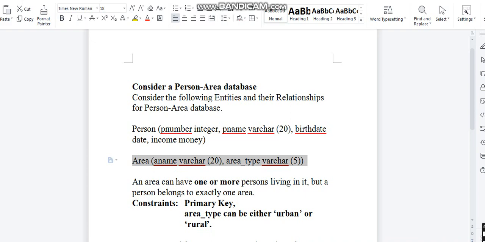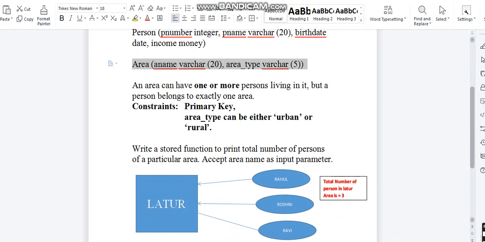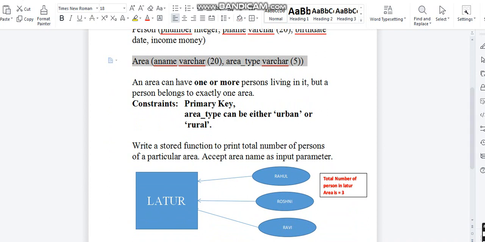You can see the example below. For the time being, Latur is the area, and Rahul, Roshni and Ravi live in Latur. That means Latur is a single area, and in one area there are 3 persons living.